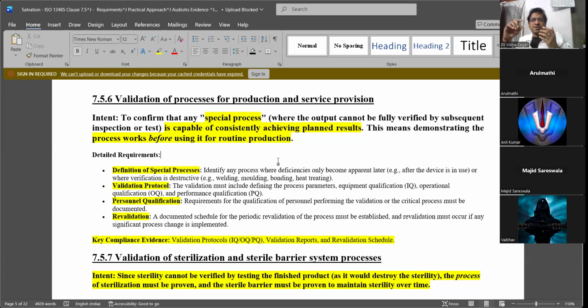Suppose I want to extrude on a machine. I want to extrude a plastic or polymer tube with 0.2 mm or 0.1 mm internal diameter. What I'll do is set some process parameters and run it 100 times. There will be a lot of what we call DOEs, design of experiments.